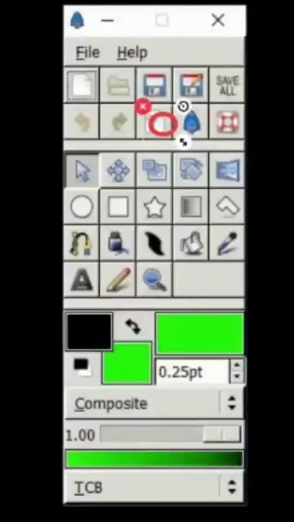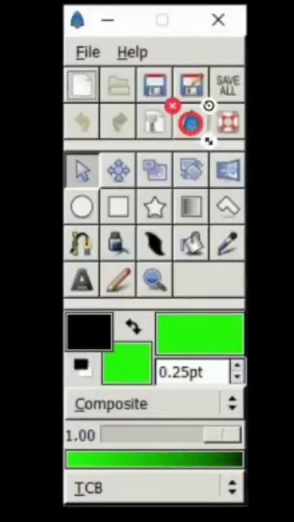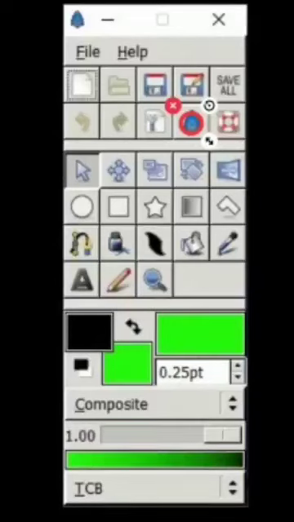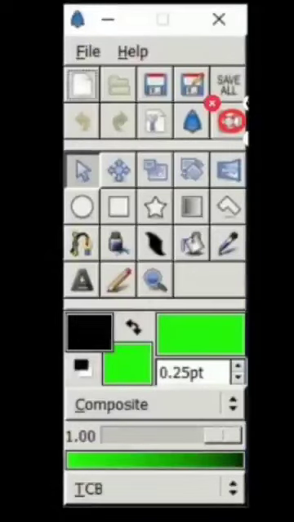Setup, to arrange or organize the files. Next option is about Synfig Studio. If we click on this option, we will get the information about Synfig Studio. And the next one is help. That is, to get help about Synfig Studio, we have to click on the help option.